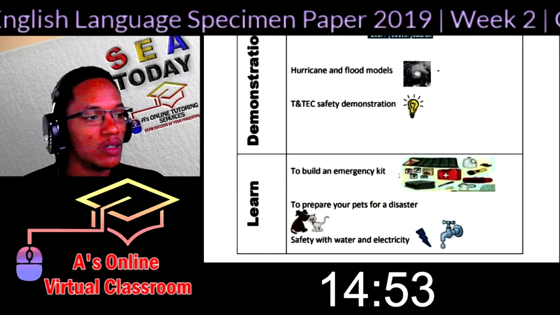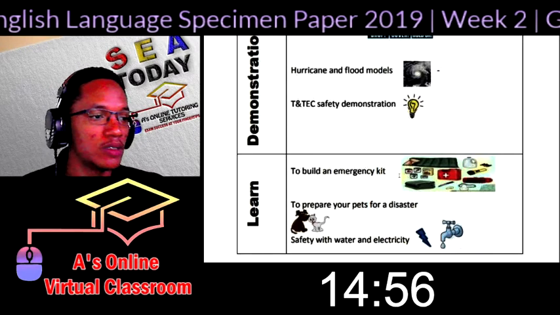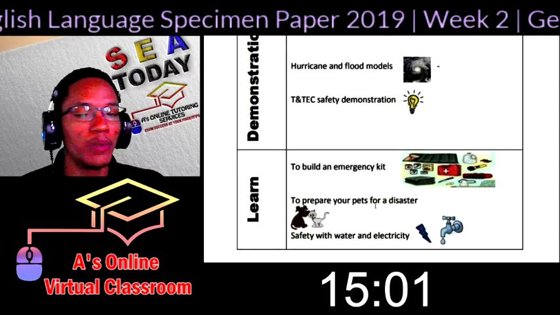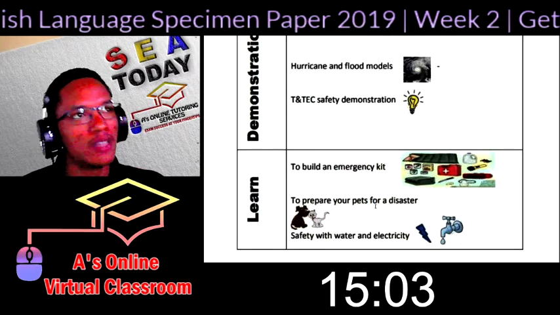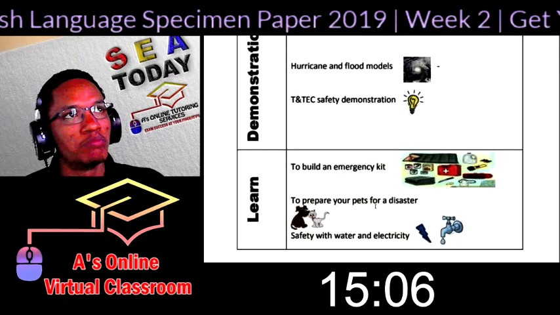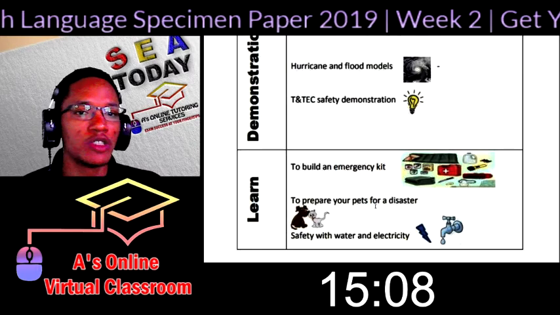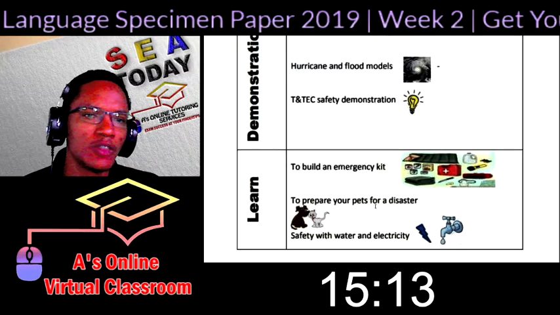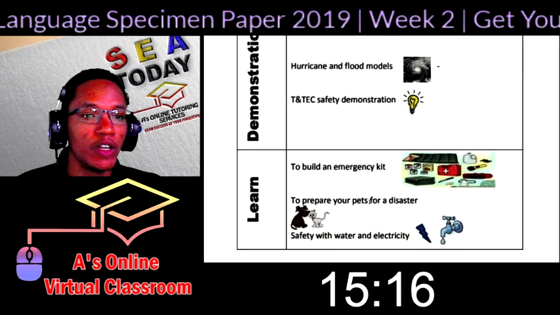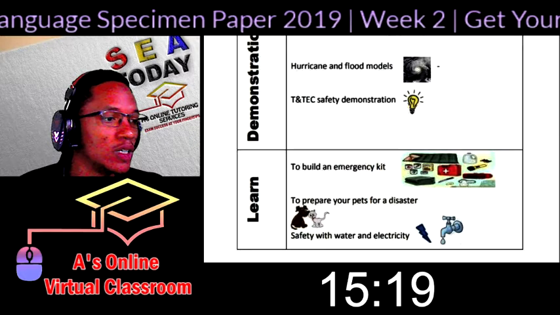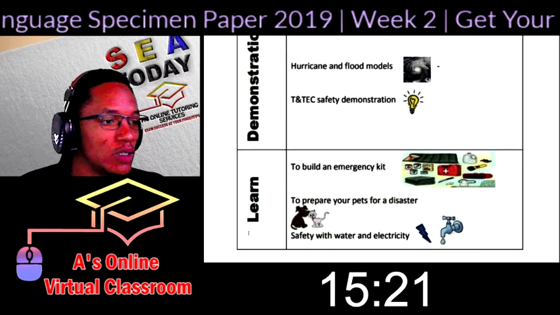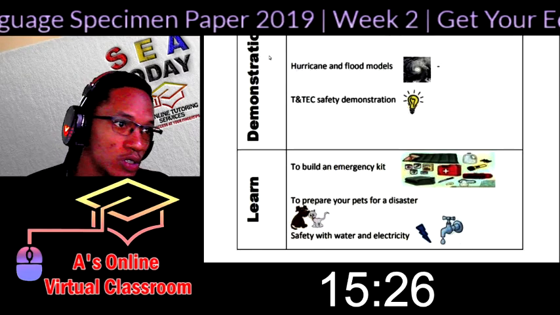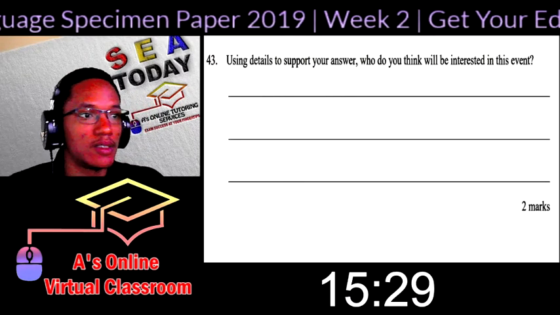For example, for myself who own pets, if I see an event advertising ways to prepare your pets for a major disaster, that's something that might pique my interest, and I will want to come to this to learn, okay, so what do I have to do to protect my pets in a disaster like a hurricane or earthquake or flood. So persons who want to learn how to prepare their pets for disaster, in other words, people who own pets,